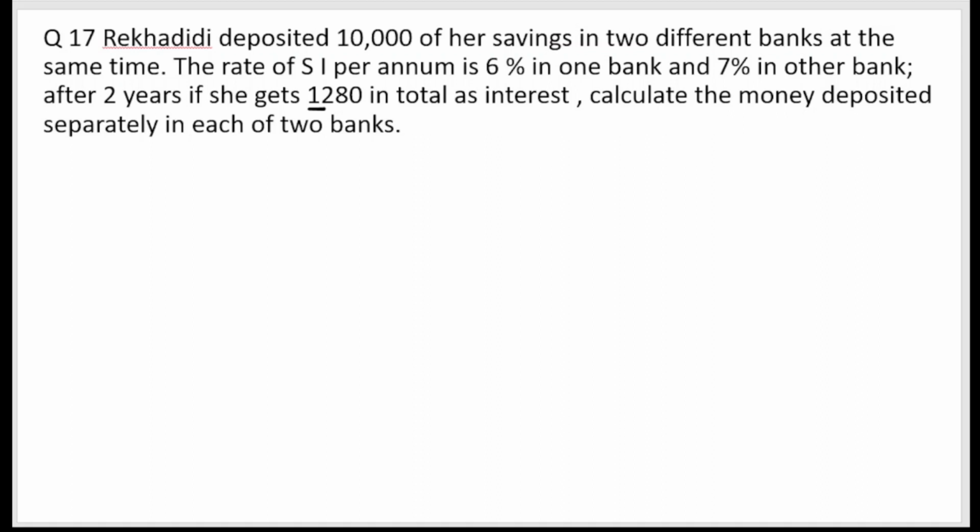Question number 17. Rekha Didi deposited 10,000 of a savings in two different banks at the same time. The rate of simple interest per annum is 6% in one bank and 7% in other bank. After 2 years, if she gets 1280 rupees in total as interest, calculate the money deposited separately in each of